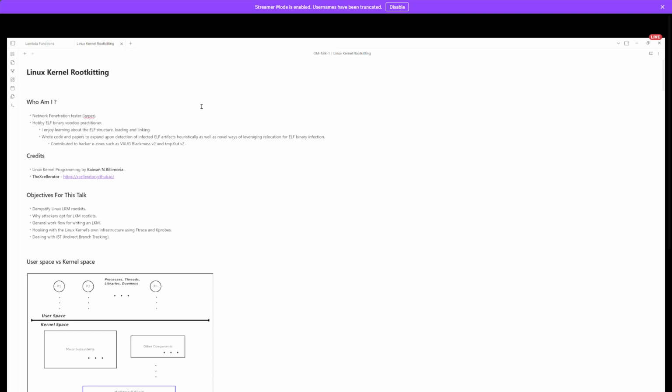So the objectives for this talk: hopefully demystify Linux loadable kernel module rootkits, right? This isn't something that is super 1337. It can be, but